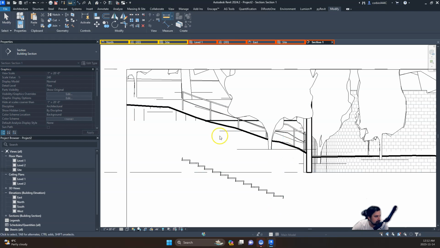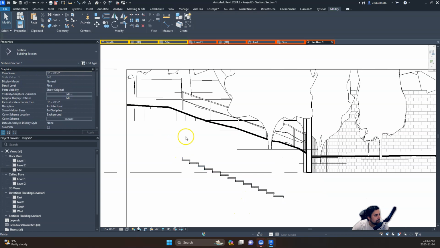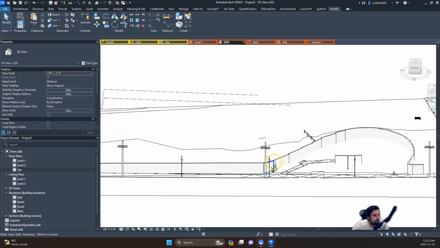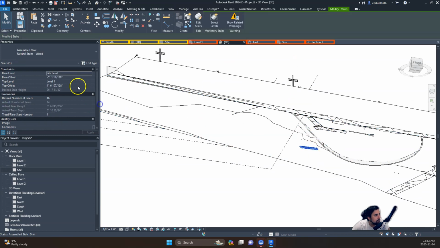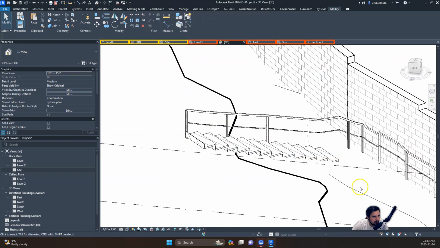So we probably need to make this stair maybe positive 5 feet. And we'll set these variables like that,